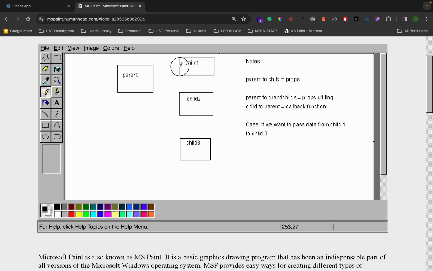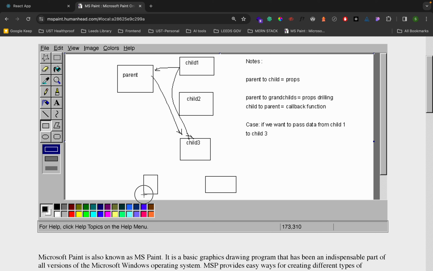For example, child 1 to child 3, you can't send the data directly. You have to go to the parent using the callback, then from the parent you have to send it to child 3 using the props. Or in case we have a child 4 here,